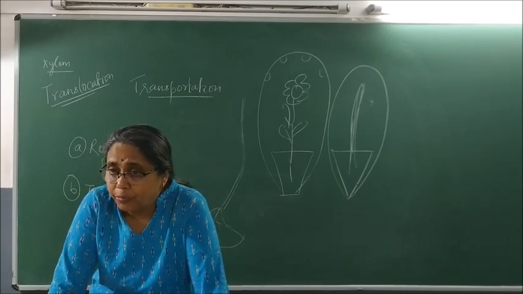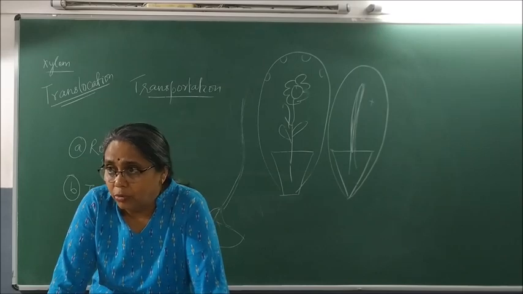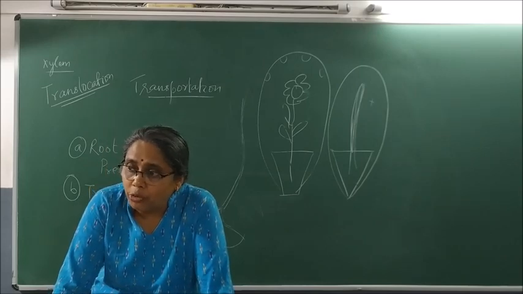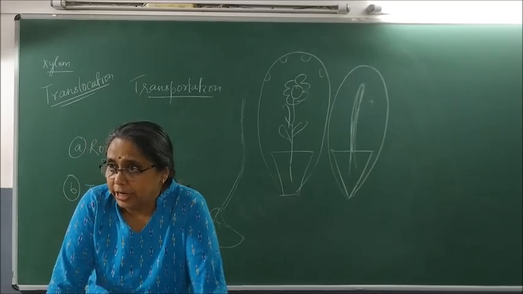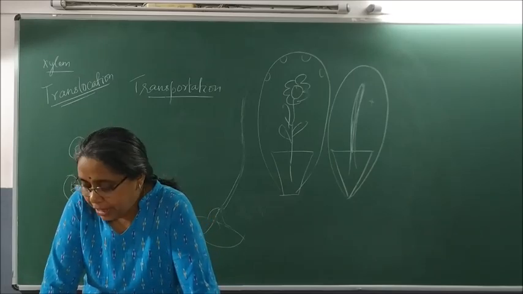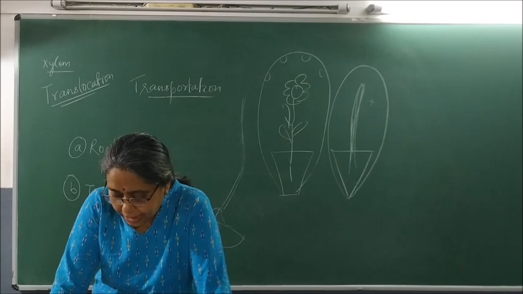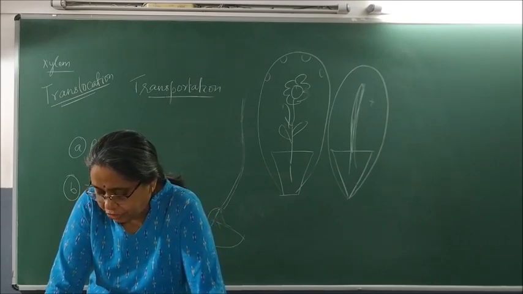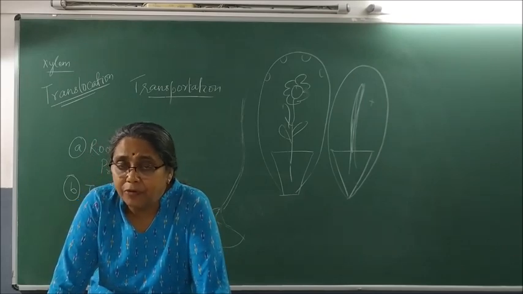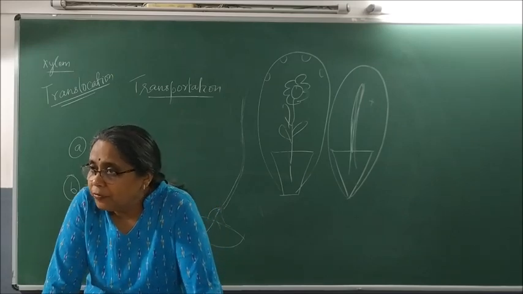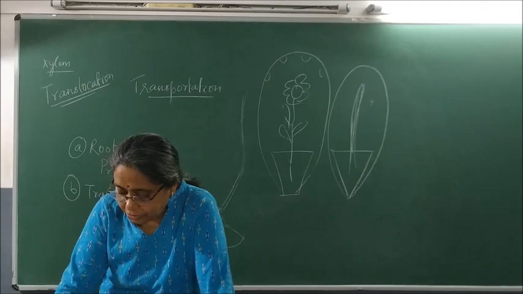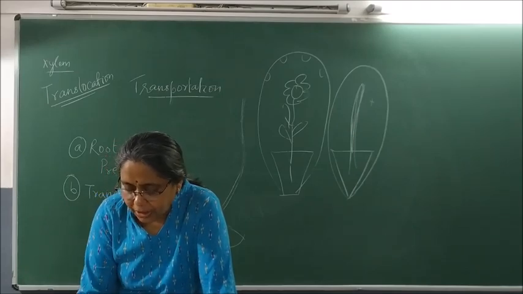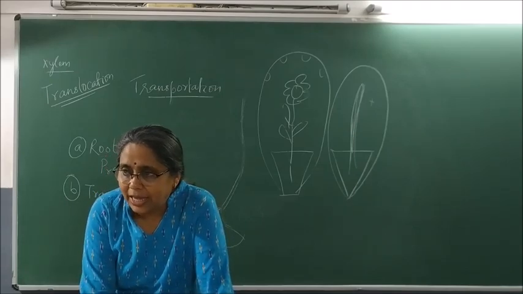And how does phloem move? Both in upward and downward direction. Whereas xylem only moves in one direction, which is what direction? Upward direction, from root to aerial parts of the plant. Unlike transport in xylem, which can be largely explained by simple forces, what were our simple forces? Root pressure and transpiration pull. The translocation in phloem is achieved by utilizing energy.